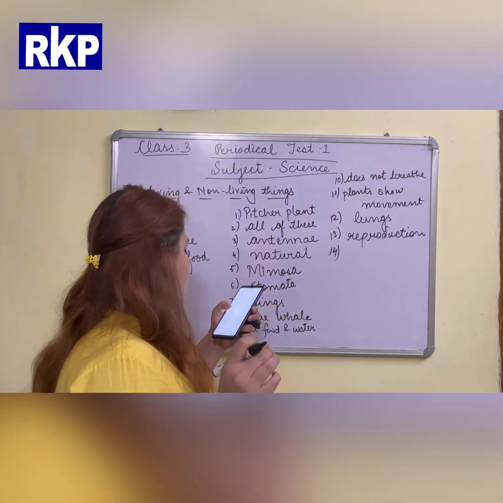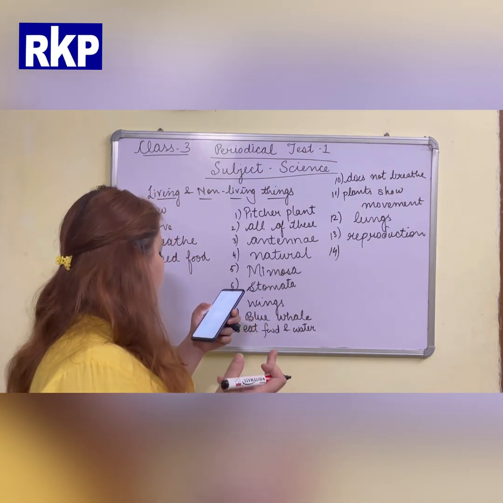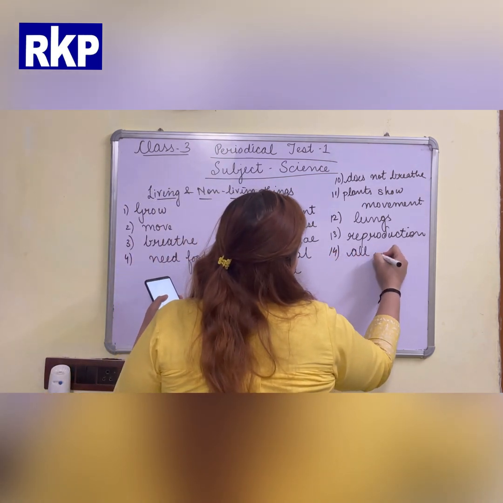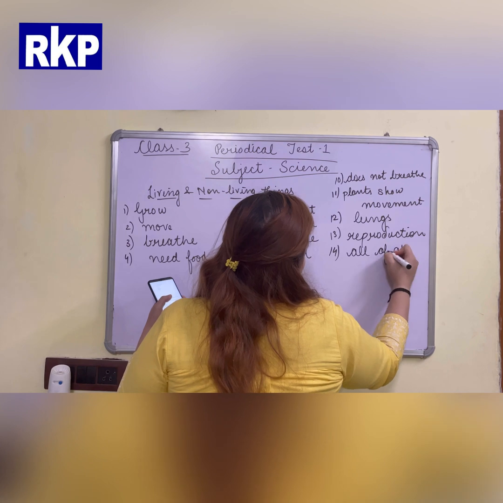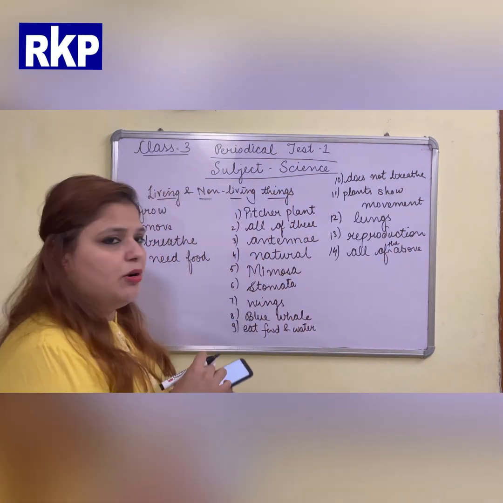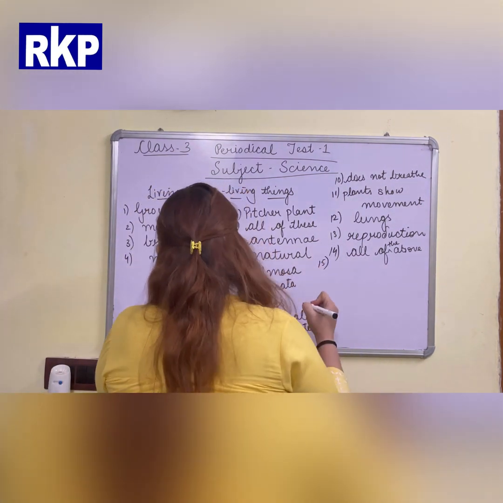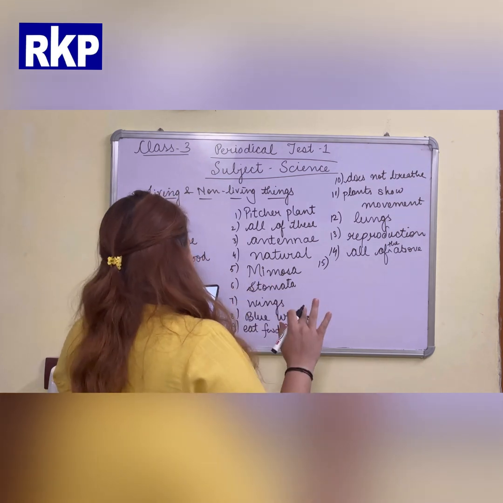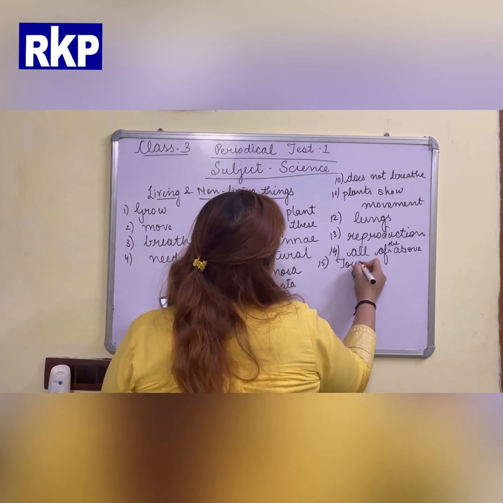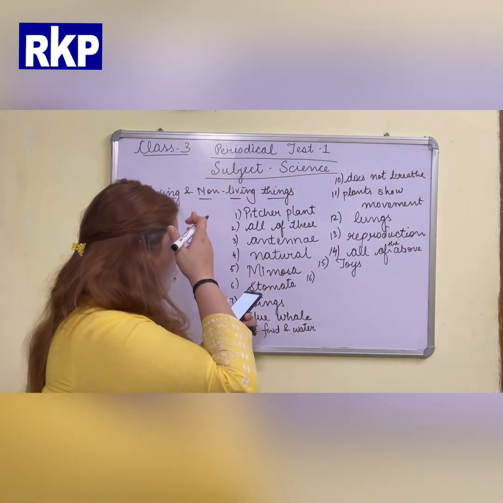Next, dash helps us to sense or feel changes. Us means human beings. How? Ear, eyes, skin or all of the above? The answer is all of the above, because we feel the changes around us with the help of our sense organs, and eyes, ears and skin, all three are our sense organs. Next, 15th question: which of the following does not reproduce? Fish, humans, toys or insects? The answer is toys, because toys are non-living things. They cannot reproduce. Reproduce means to produce their own kind.